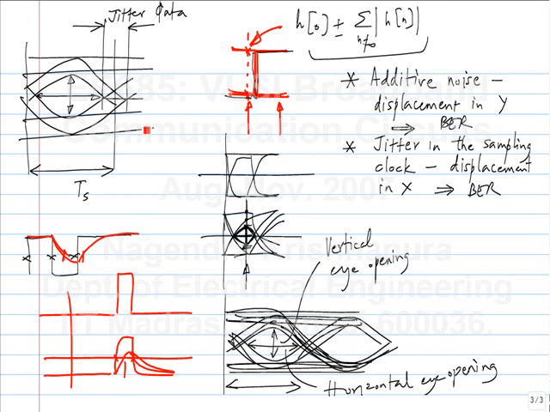Okay. So this is known as the eye opening. You can specify it on the y-axis and the x-axis. The reason this is useful is that just by looking at it, you can judge what the bit error rate is. So if you know how much noise is being added from this y value, you know how much the bit error rate is because of that. And if you know how much jitter the clock has from this opening, you know how much the bit error rate is. Is it clear?